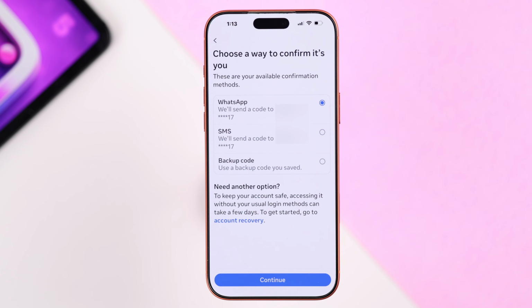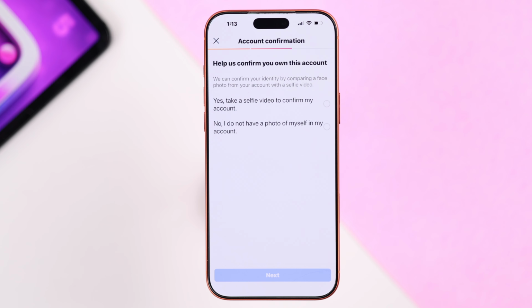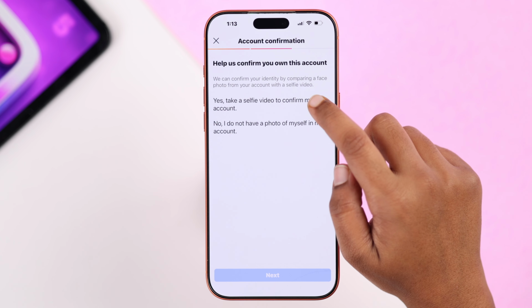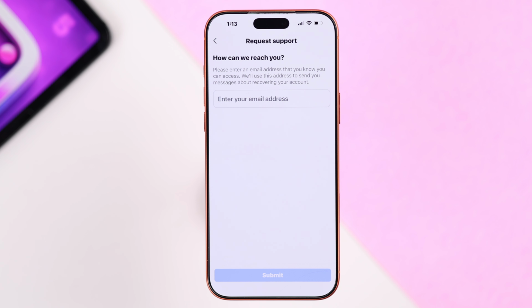But in your case, if your account is not logged in on any device, then you have only 3 options. Use WhatsApp code, use SMS code, or choose account recovery from here. In account recovery, you have to submit your email address and complete identity verification like a selfie video. And Instagram will review your request and help you